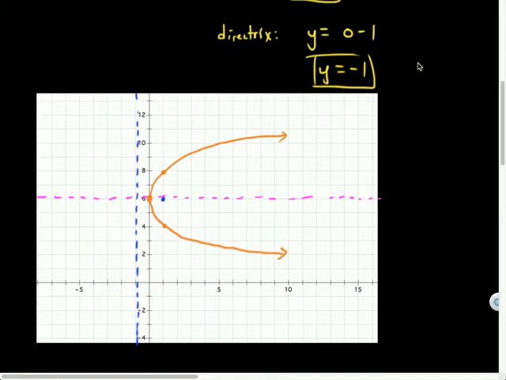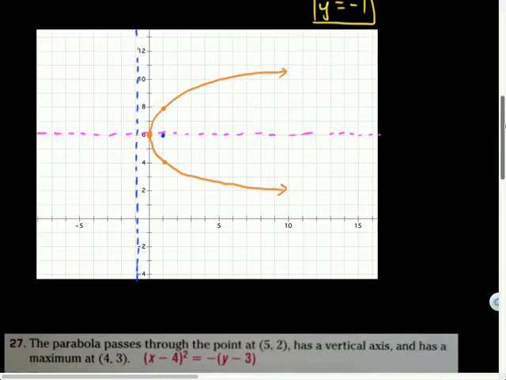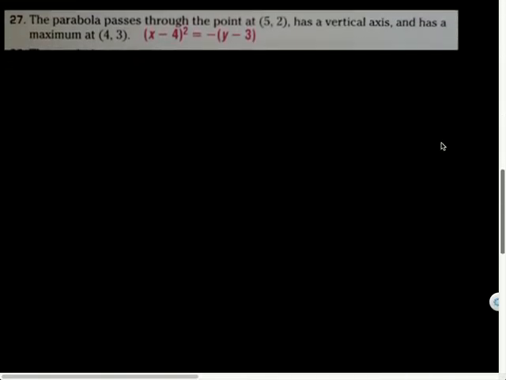Sounds good. So let's take a look at one more problem from last night's homework, and that is problem 27. And let's see what clues we can gather. It says the parabola passes through the points